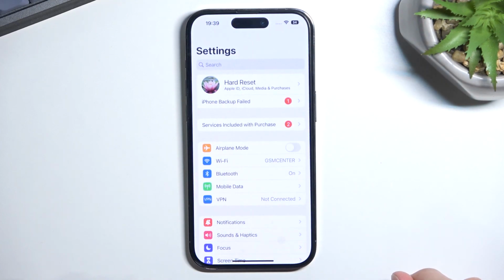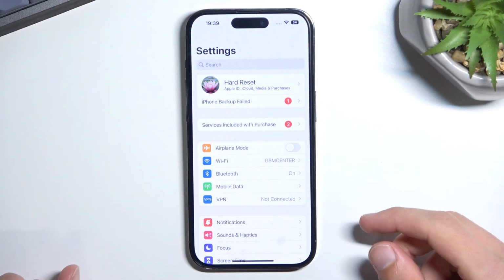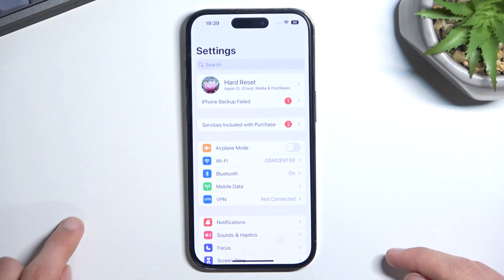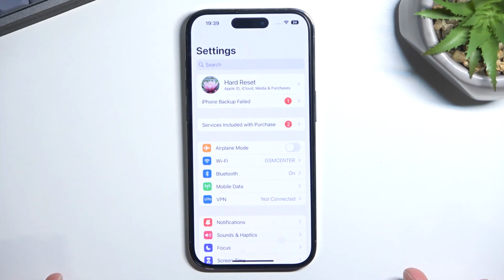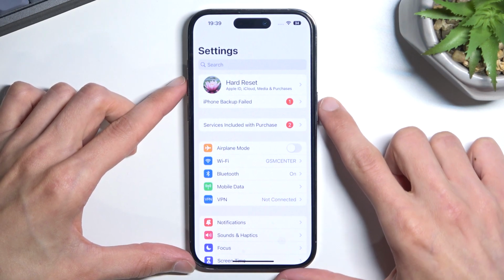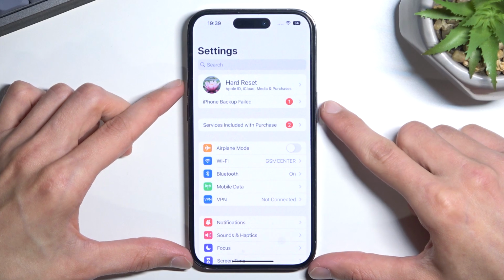So once your content is open and visible, like my Settings page right here, all you need to do is press the power key and volume up at the same time. Now normally on Android it's volume down on almost every phone, but iPhone decided to be special and you have volume up instead. So just press both of them